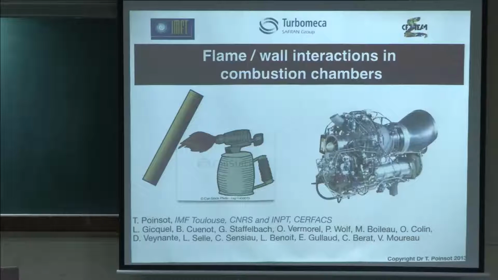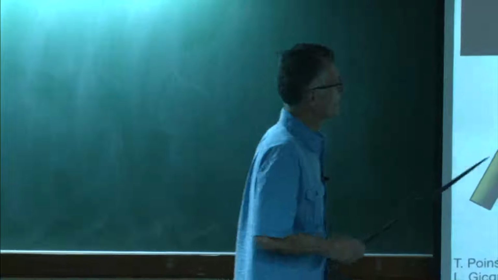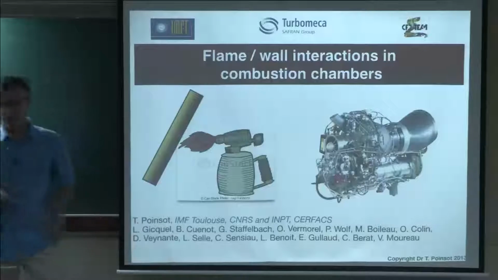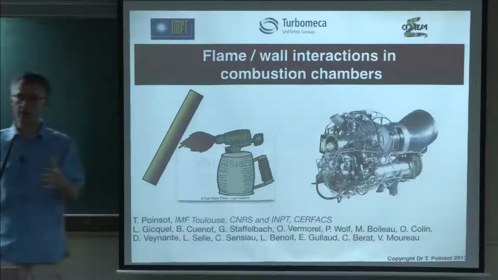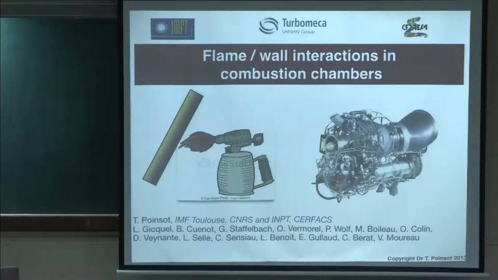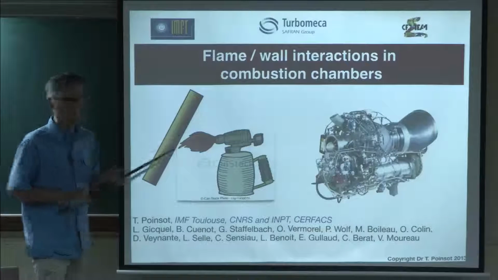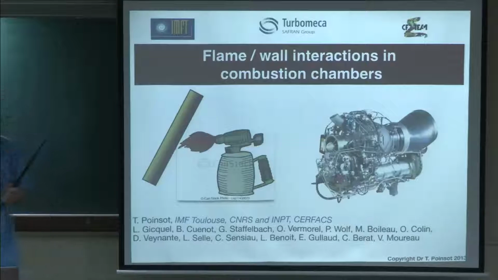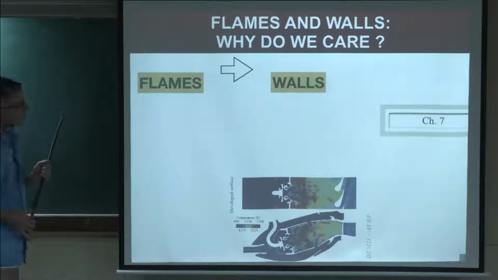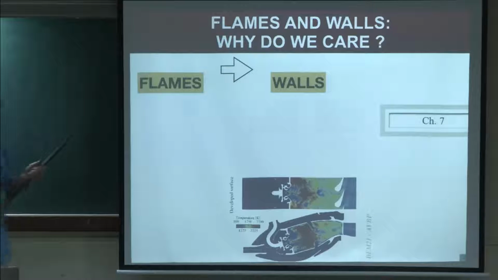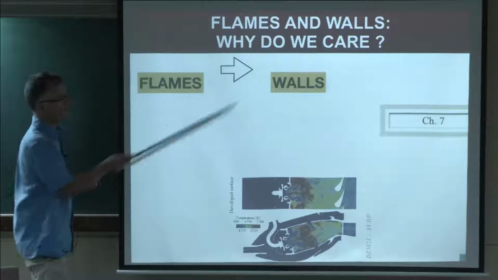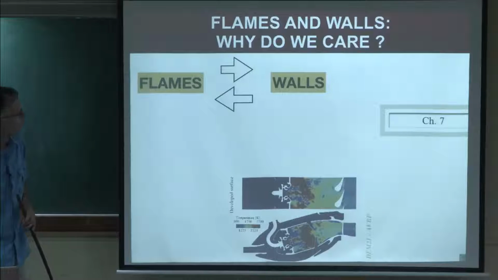Okay, so this talk will focus on the problem of what's happening when the flame interacts with the wall. You probably remember that we've said many times that the main problem we'll have in real chambers is that the flame will be burning in a confined chamber, and that our first problem will be to make sure that the walls don't die because of that. So flames and walls actually are an interaction which is more complicated than just the problem of the walls surviving the flames. Of course, the flame will affect the walls. That's clear. But the walls will also affect the flames.